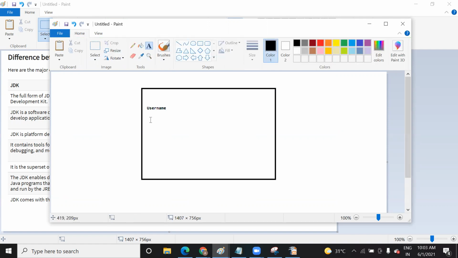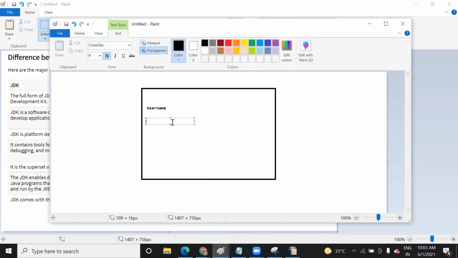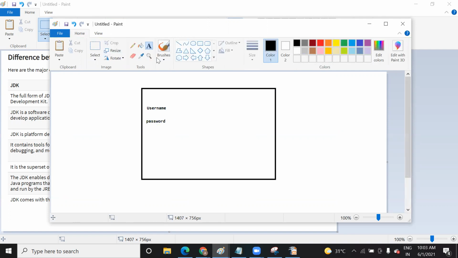The next thing you find is the password. And the third thing is your text box. You have a text box beside the username to enter a username and to enter the password. And finally, we have two buttons. That is login.